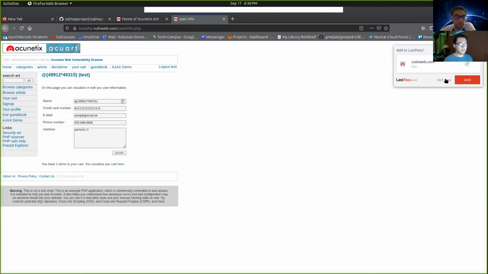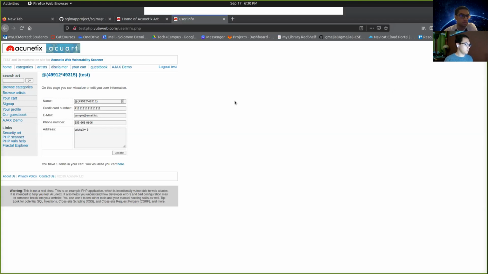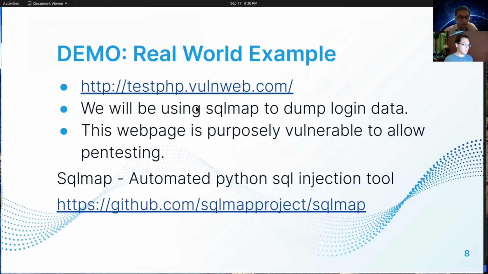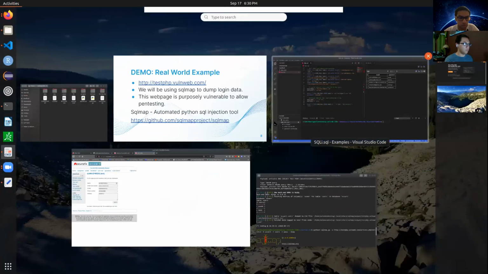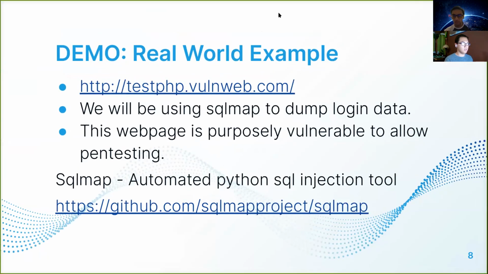If this were a legit website, and you found a username and password, you would be logging into someone's actual account. Say it be a bank account, a social media account, something like that. So you can see it's very dangerous if the people designing the databases don't design them properly to prevent these attacks. And with that, I'm going to give it over to Armand,